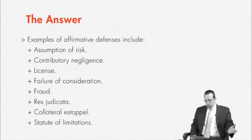License. There is no tort here because I had permission to do what I did. Failure of consideration. There was no contract to breach because there was no consideration and therefore no contract. Fraud. The contract is not enforceable because I was induced to enter it through fraud. Res judicata, an affirmative defense, we'll deal with that later. Similarly, collateral estoppel. Finally, statute of limitations. I can't be held liable because the plaintiff failed to file his suit within the 3-year or whatever window specified